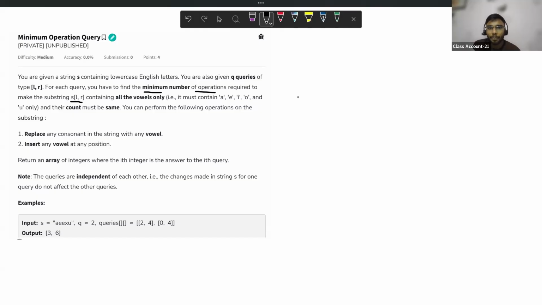Suppose we have a string, and we can take the example AEEXU. Can I write index 0, 1, 2, 3, 4?